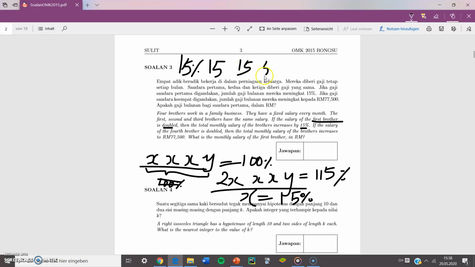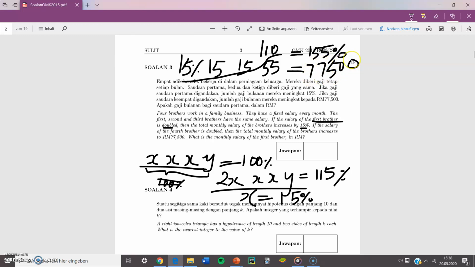So the last one will be 55%. If the salary of the last brother is doubled, it becomes 110%. So this whole thing becomes the sum of their salary times 155%. Got it? And it is equal to